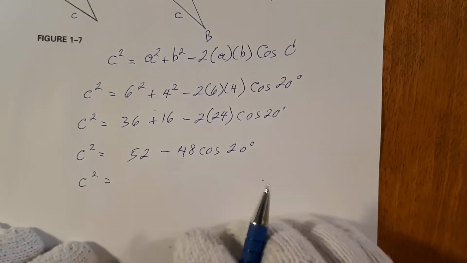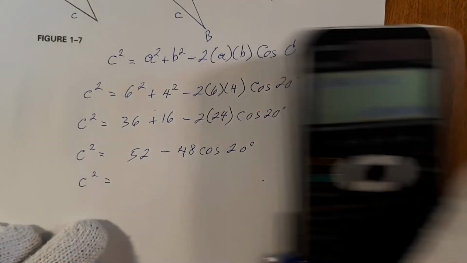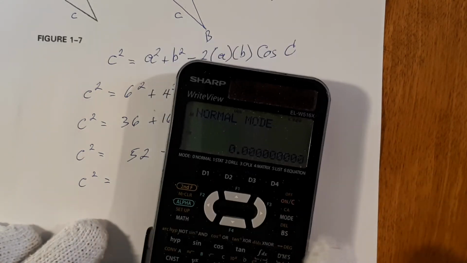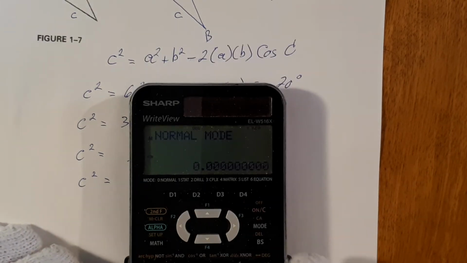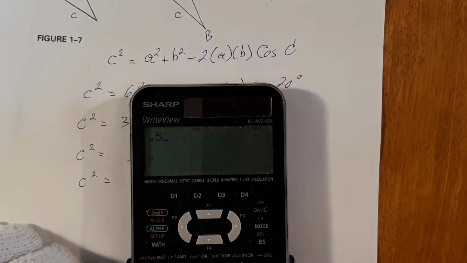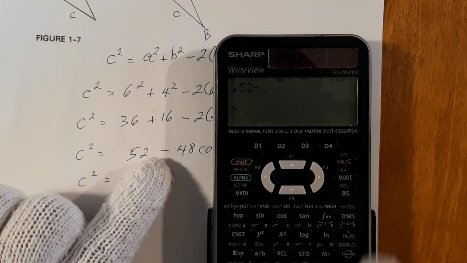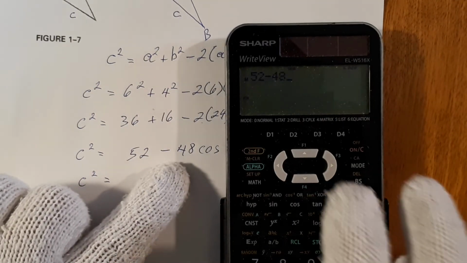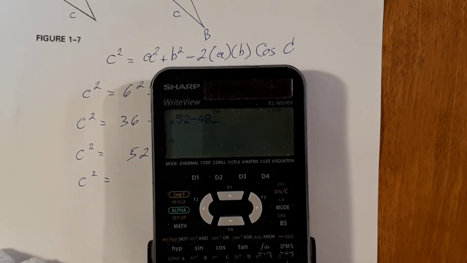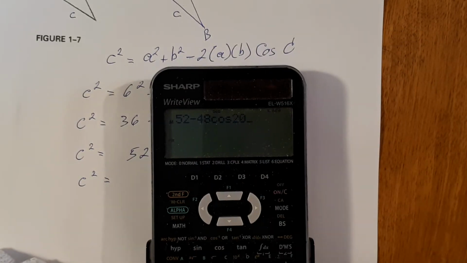Now c squared then is equal to, putting this in our calculator, 52 minus 48 cosine of 20 is equal to